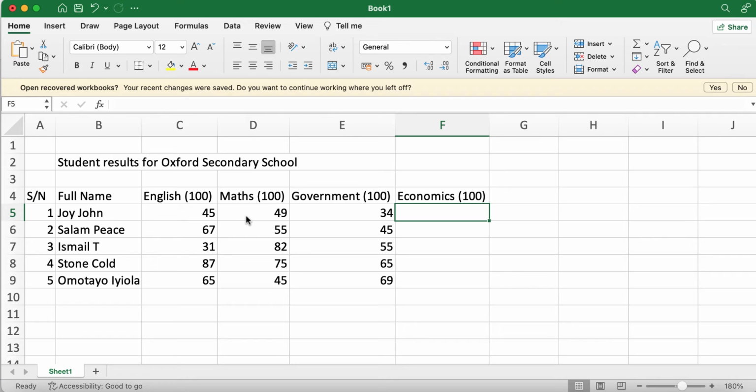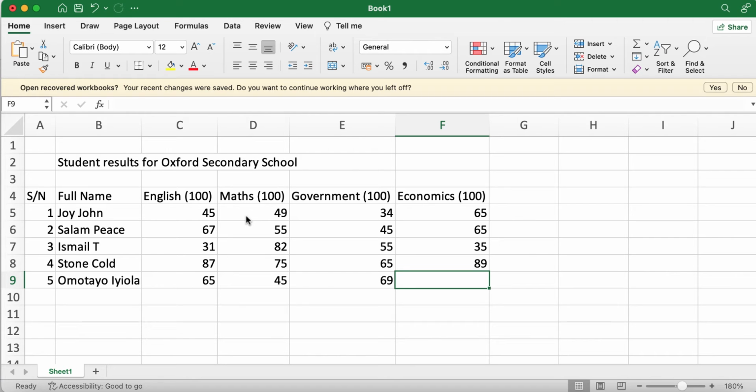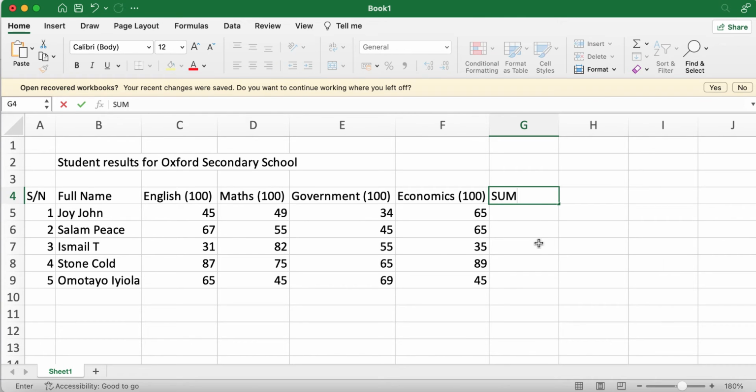All right, the last subject is economics, and Joy John had 65, then 65, 35, 89, and 45. Okay, all right, this is basically the raw score for the 5 students of this imaginary Oxford Secondary School. All right, now we want to have a column for the sum of the scores, and